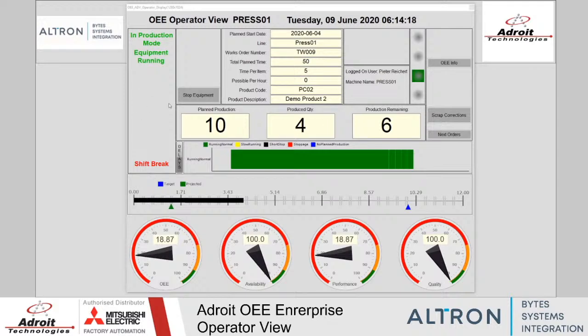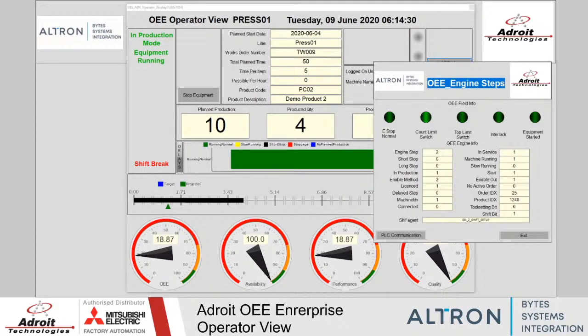The operator was now running, and suddenly something goes wrong, and he's now busy looking at his equipment and trying to find what is going on. While we wait for him to return, I'm going to just show you the OEE Info. This info here is everything that's happening on the machine, all the sensors, everything we put in here to make it easy for us to do fault finding remotely